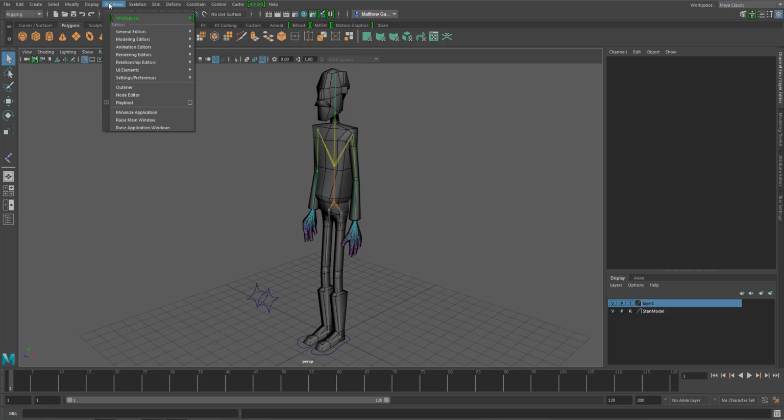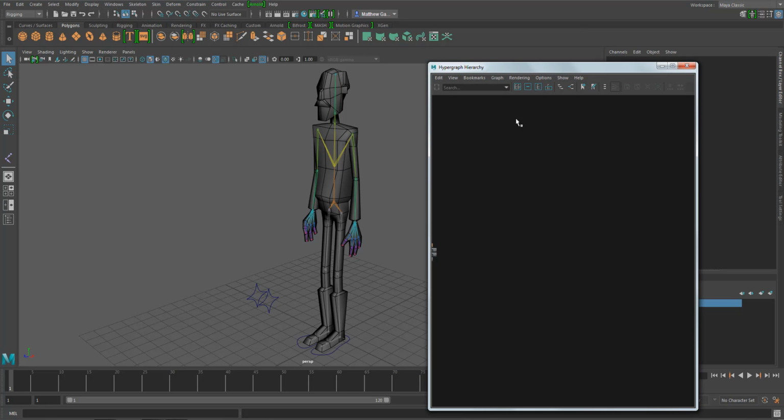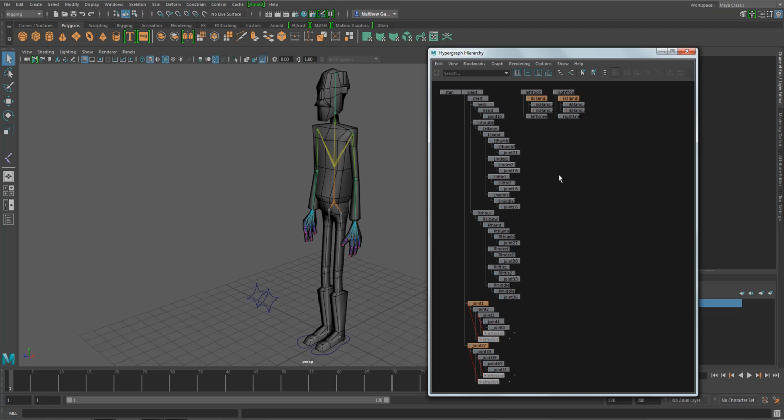So I'm going to bring up the hypergraph. So over in Windows, General Editors, and the hypergraph hierarchy here. If you've got nothing in your view, just press the A key and it will frame everything. I then need to just select all the things that I'm going to be wanting to key. So not the geometry or anything, it just needs to be the bones that I'm using, not the leg bones,